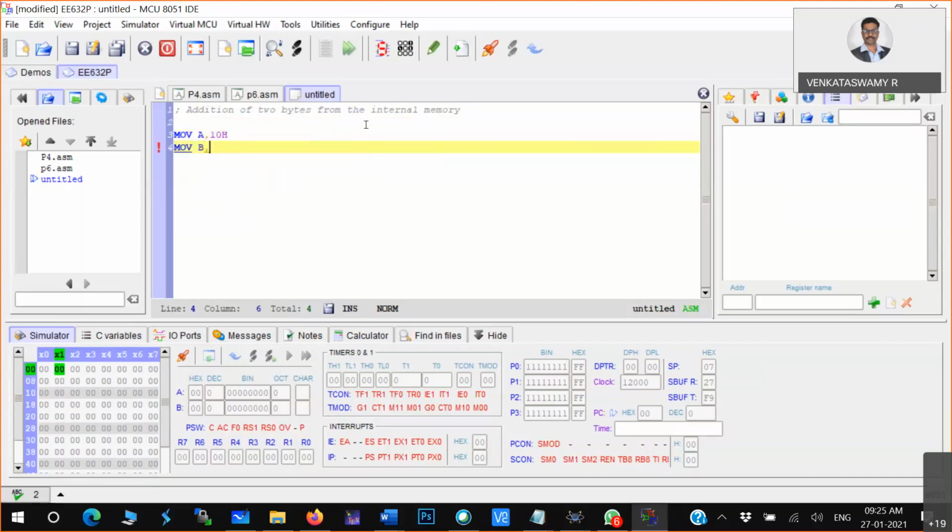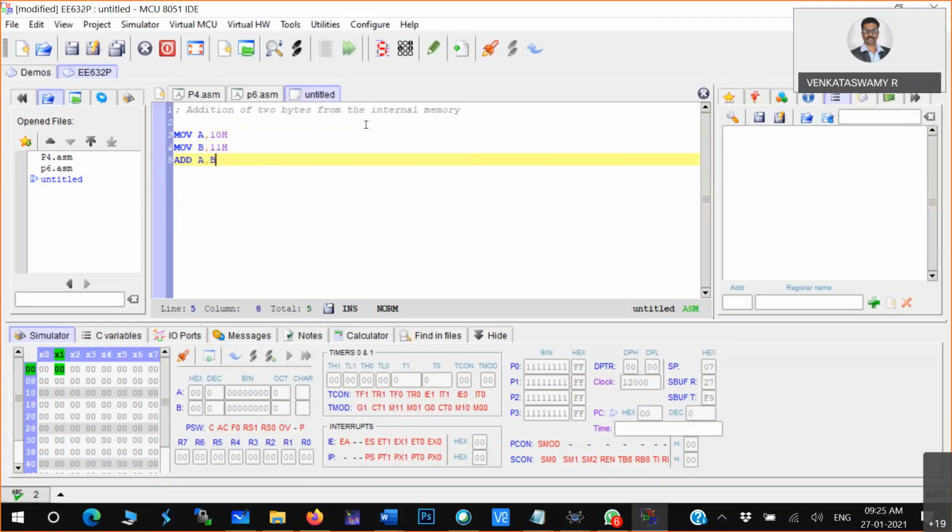Move B comma 11H. That 11th memory location, whatever data is there, came to the B register.